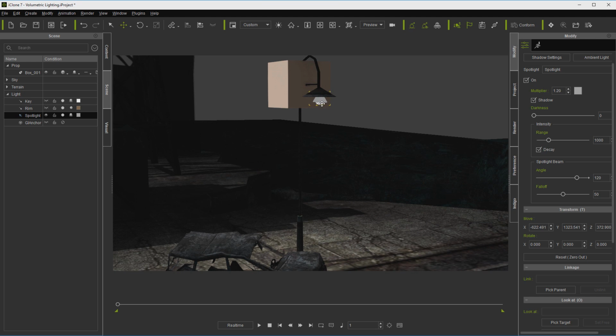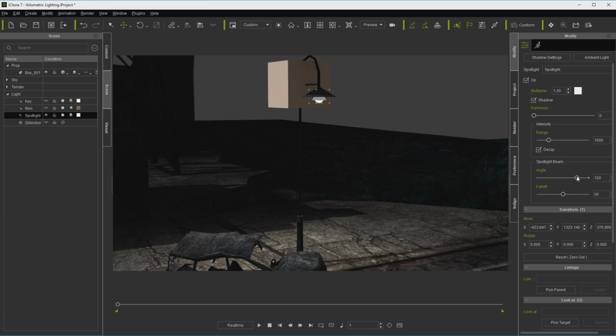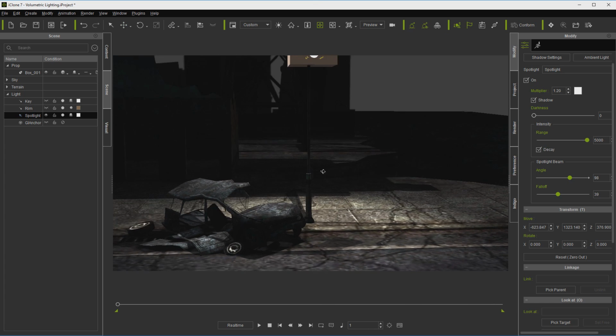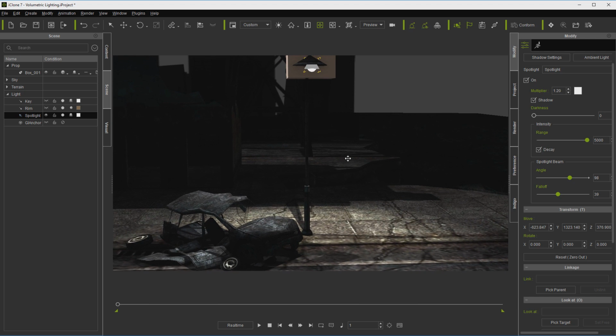Now we go ahead and position our light however you want it. This would be personal preference. I always like to shoot my range all the way up because we can control the cone with the angle and the fall off.